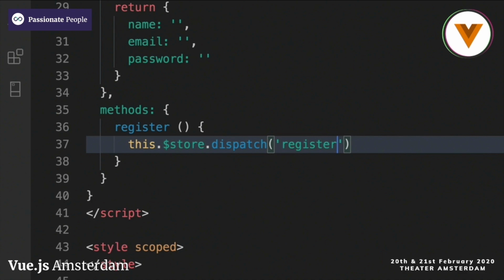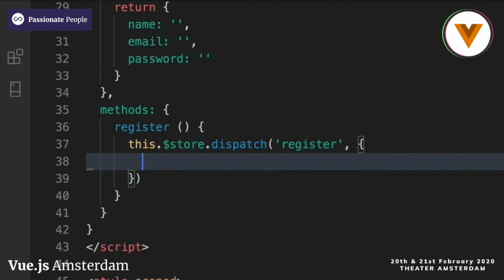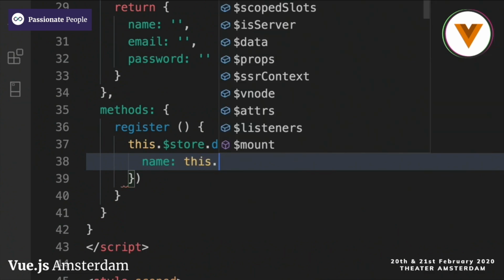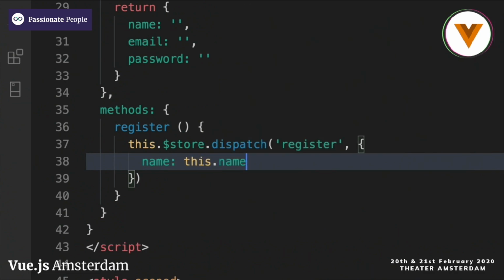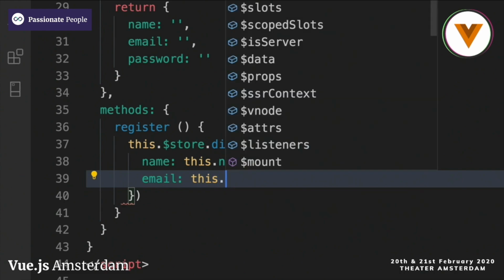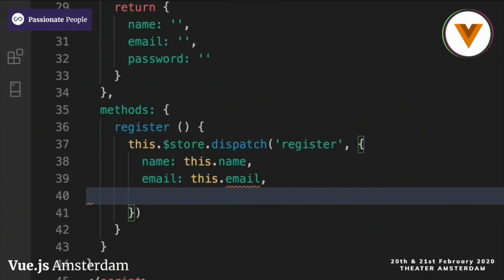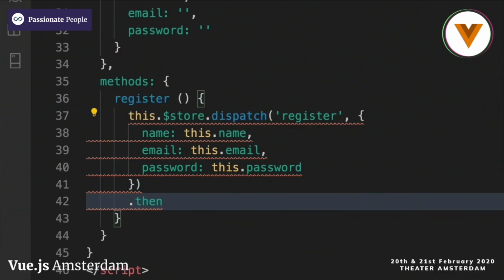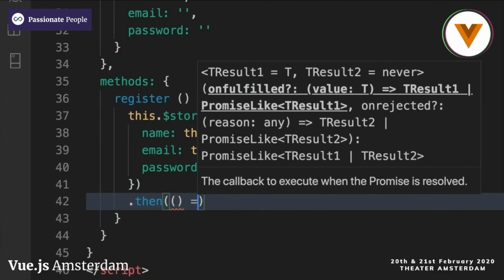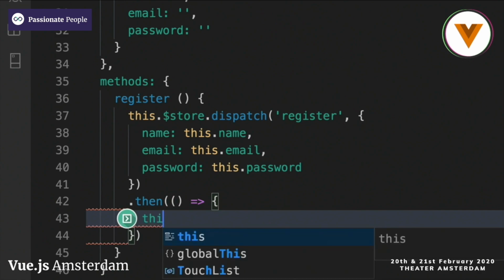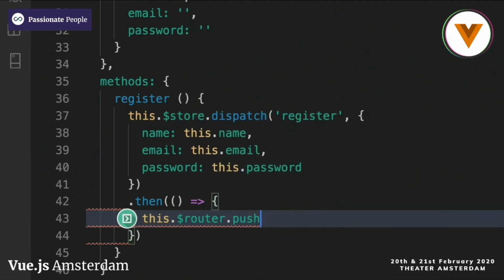And it needs those credentials, which in this case is the form data here. So the name is going to be this.name from our form. Email is going to be this.email. And then password, this.password. Cool. And then when we get the response successfully from the server, we're going to redirect our user to the dashboard